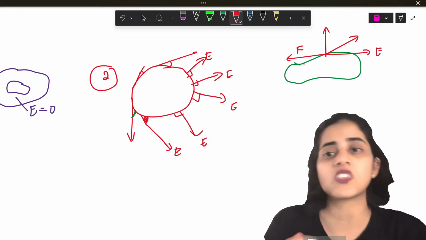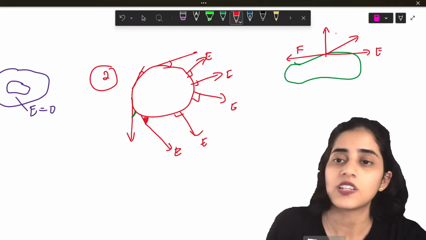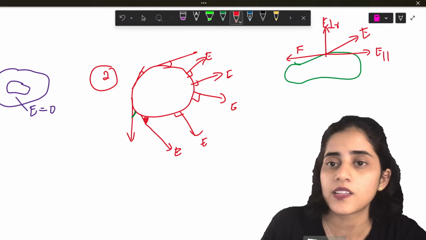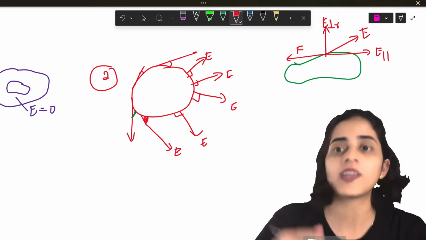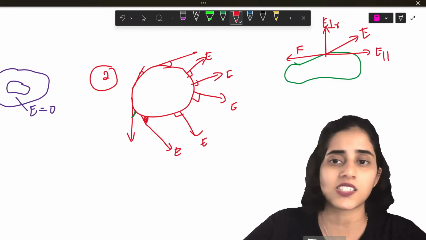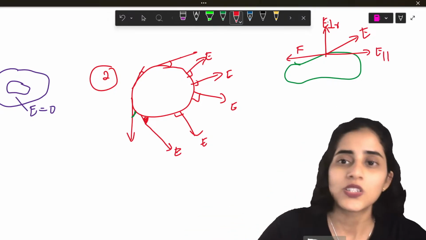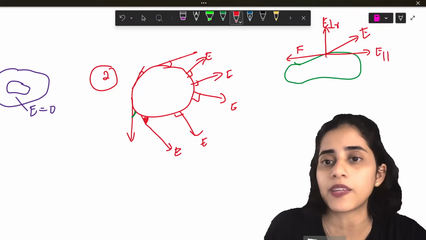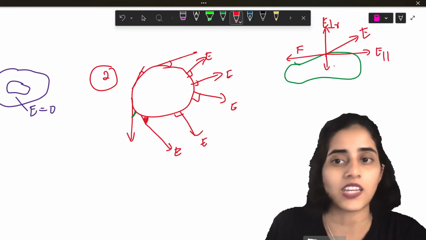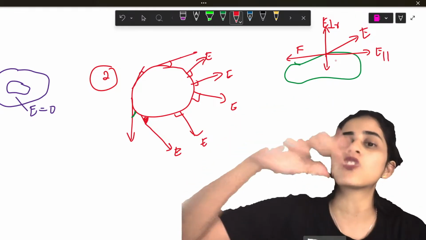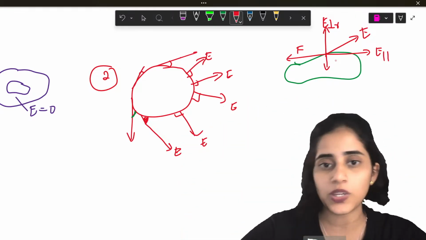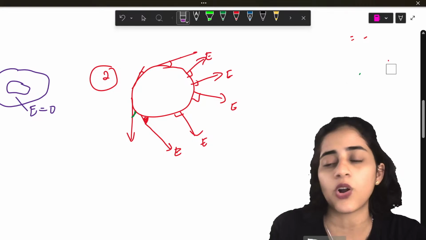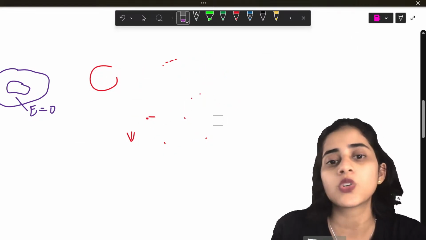If there is a force, what happens? The charges are moving. But the charges shouldn't be moving. This is parallel, this is perpendicular. If the charges are moving, then it's not electrostatics. Charges are static in electrostatics. So only the perpendicular component should exist. If the perpendicular component exists, then even if the force is in this direction, it is just pushing the charges to the boundary. It cannot move further than that. So that is why it is always perpendicular. Electric field lines are always perpendicular or normal to the surface.